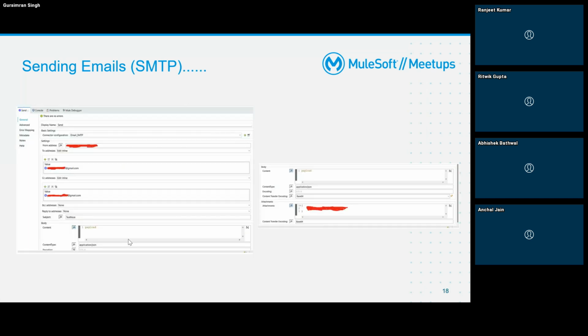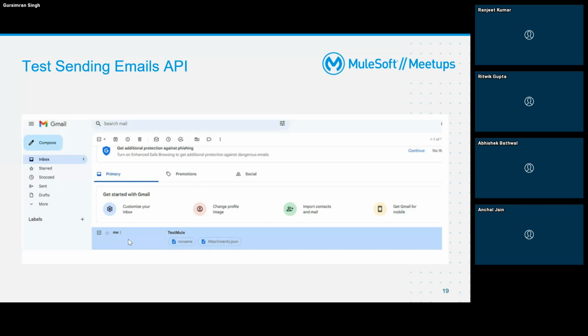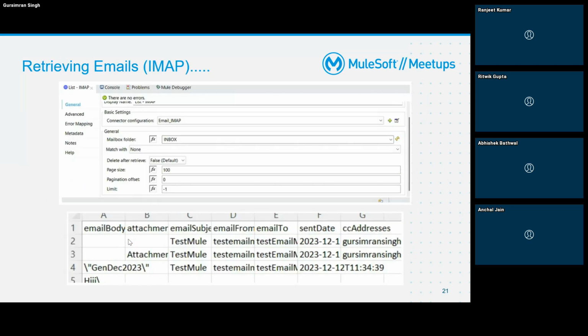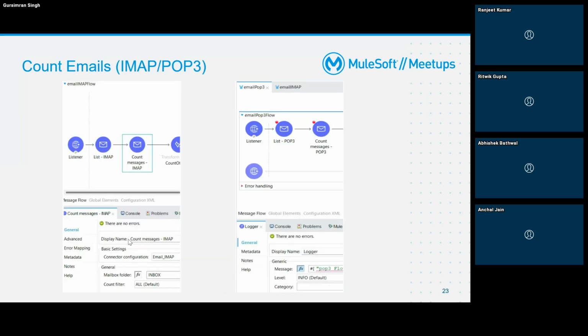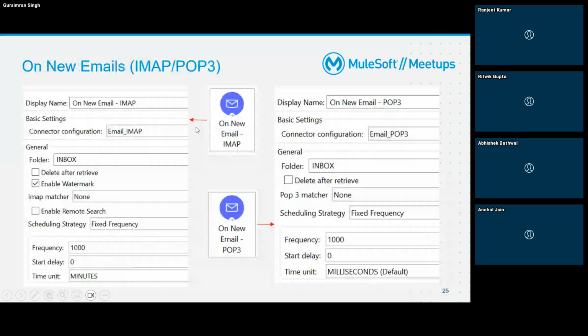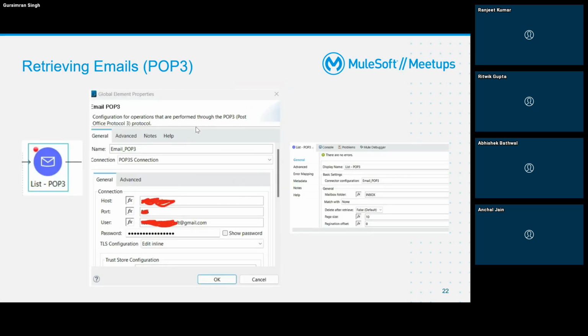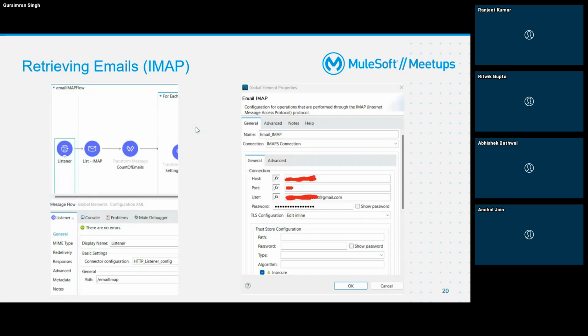Gursimran, maybe we can quickly do this. Yes, skip this one, and we can show. You can quickly show what the configurations are over here. Sure. Do you want me to end the slide, or maybe I will just tell you just a quick overview of this, and then we can go to the demo. Sure, yeah, thanks, Abhishek.